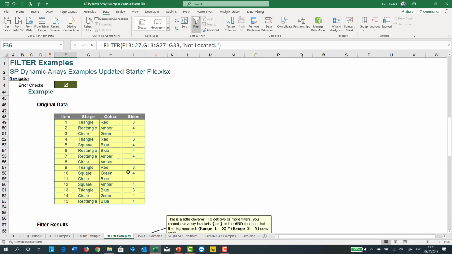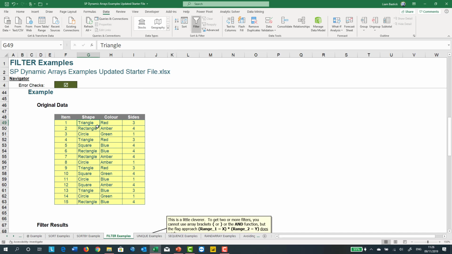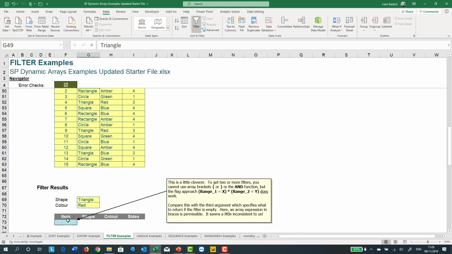So in here, I want my shape to be a triangle and the colour to be red. That's what I've got here. So it works similar to before. I will go, okay, equals filter, and this time